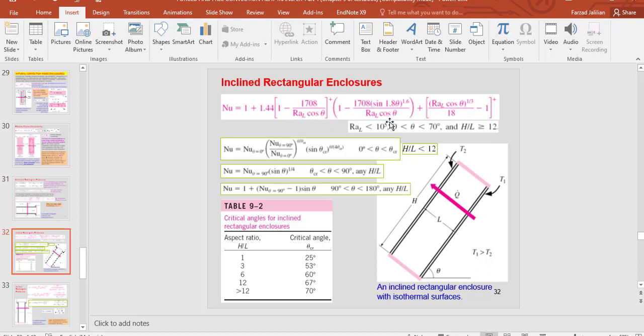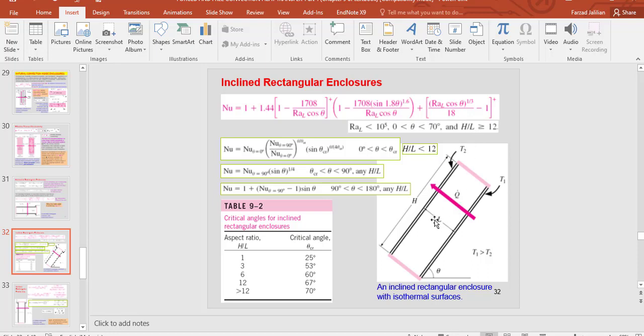Cosine and sine of theta are important, so you can use this equation to find the Nusselt number when the Rayleigh number is lower than 10 power 5 and theta is between 0 and 70 degrees, and also